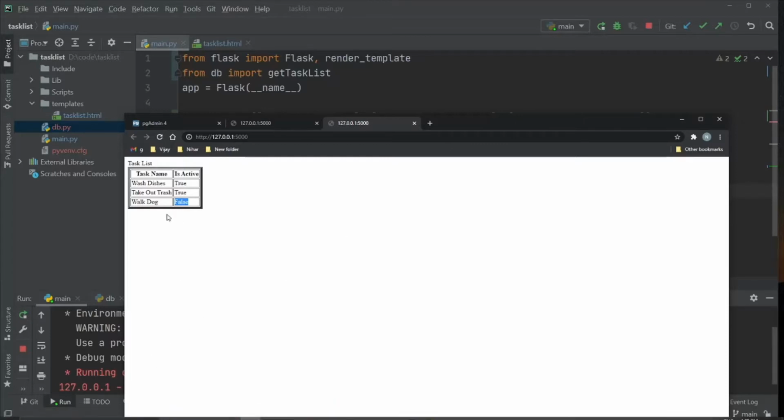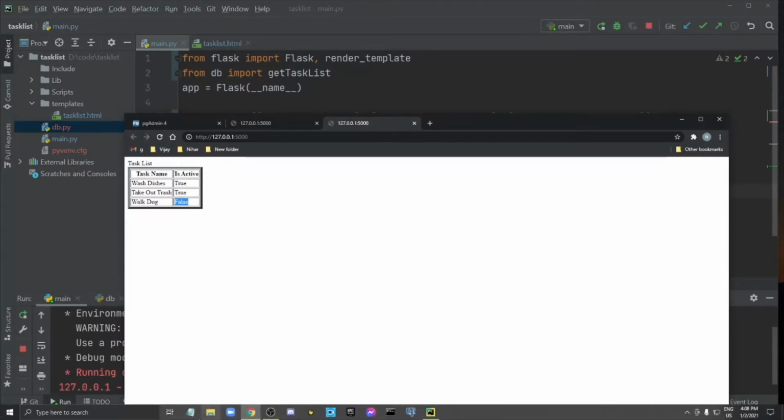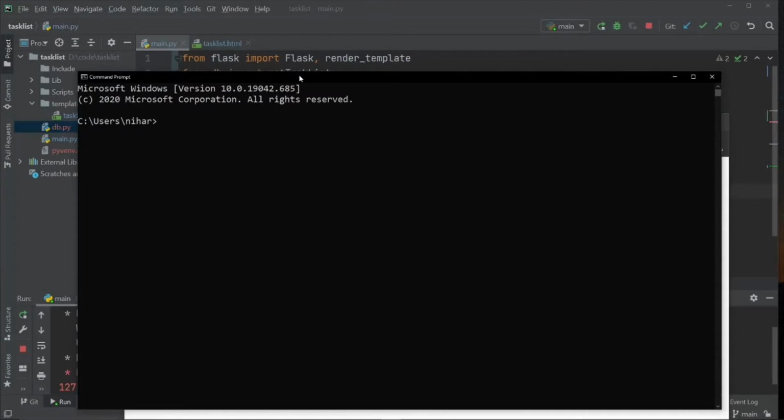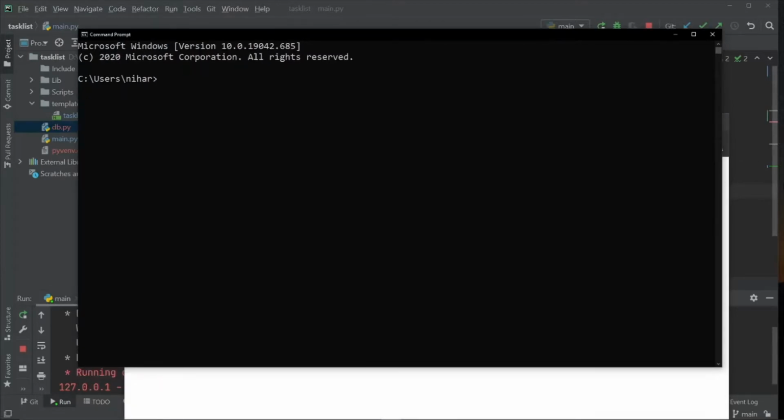Let's just push this db.py into GitHub. So what we're going to do is open up the command prompt, and we're going to say git, or first let's go into cd code / task list. We're going to say git add, and we're going to say db.py,